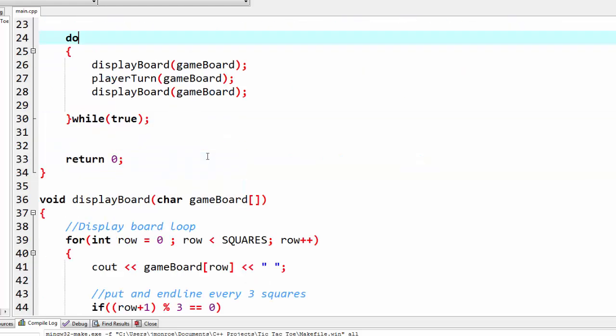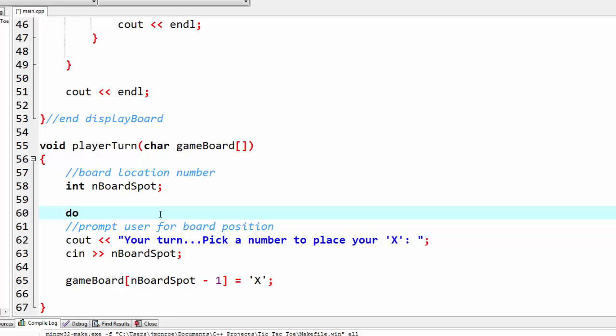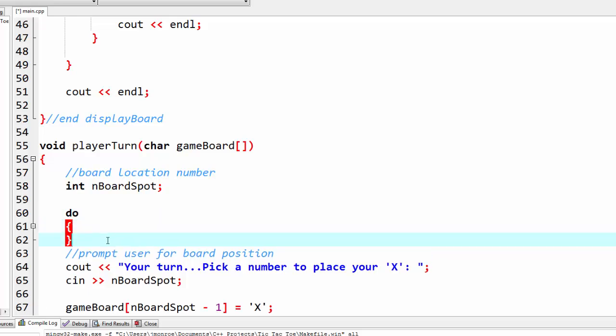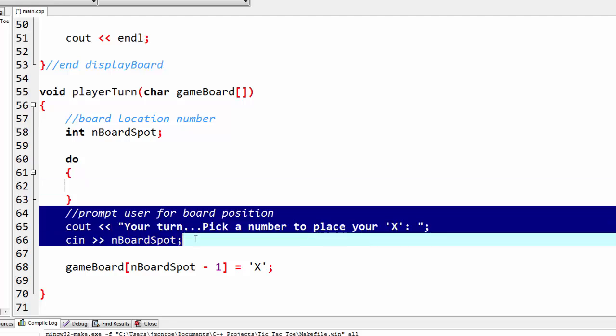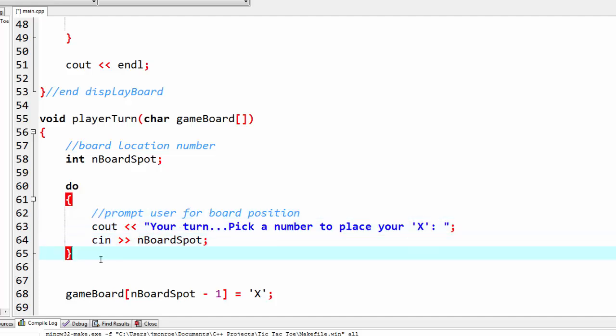Okay, so how do I do that? Well, let's go down here to this player turn function. Just like any validation, we're going to have a loop that asks the user to pick a number and then receives it and then checks to make sure it's okay. If it's not, then loop back again. If it is, then exit the loop. So I'm going to encapsulate this into a do while loop. Do this: prompt the user for a spot, place it, do that while